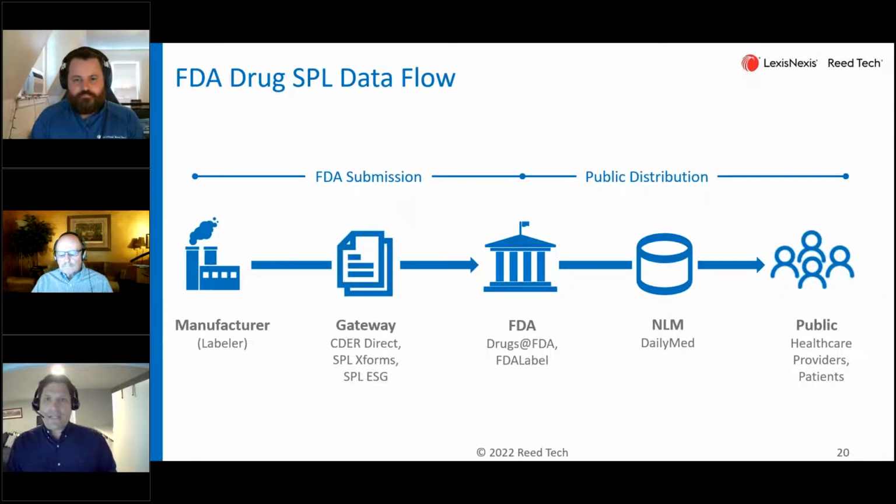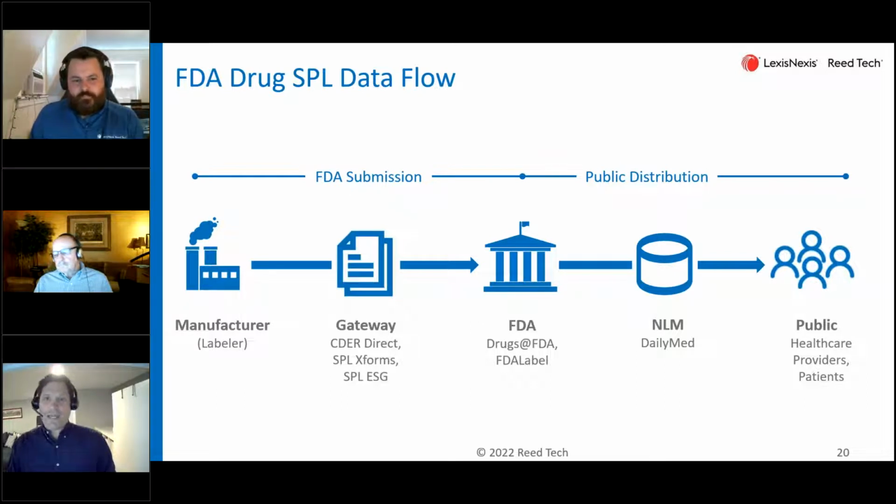Now with that electronic drug registration and listing process, you're submitting it to the Office of the Commissioner, and at the FDA, they have automated processes to distribute that data to various different FDA databases, along with other governmental databases, one